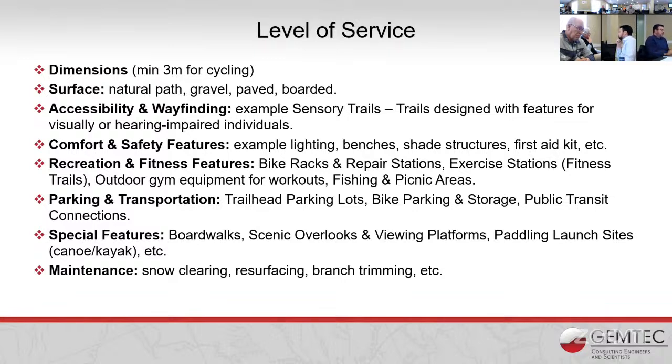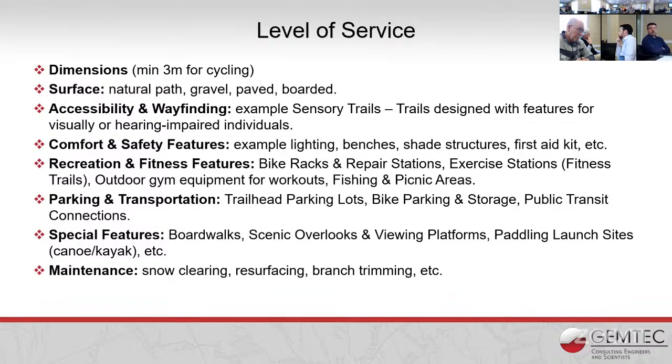Parking and transportation amenities such as trailhead parking lots, bike parking and storage, public transit connections, and then special features such as lookouts and viewing platforms, paddling launch sites, canoeing, kayaking.